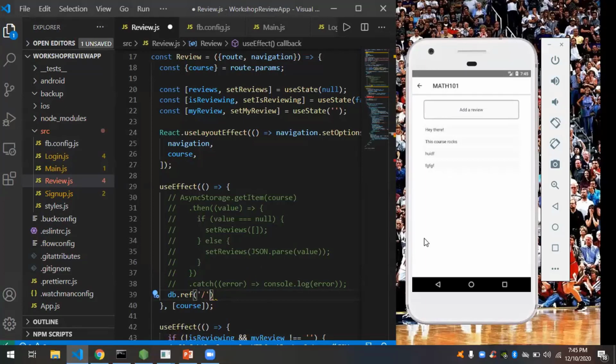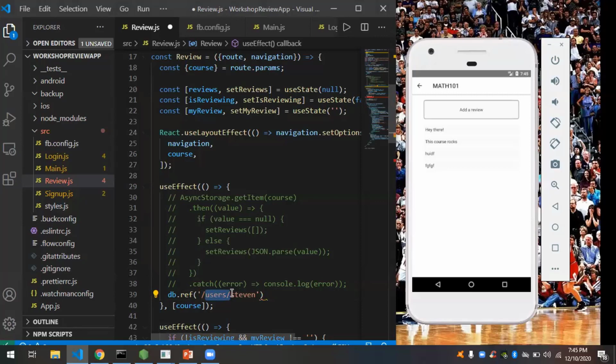But we wouldn't want to get all the data in our database, because that would be getting too much unnecessary data, so the query would take longer. If you'd want to get all the data, that means all the reviews for each and every course, you'd want to get all of them using this method over here. But since we already know which course we want to get reviews for, that isn't necessary. So we can add to this a route, like you'd write on your computer, for example, users, Steven, like this. This here refers to the parent key. This would be a key inside that parent